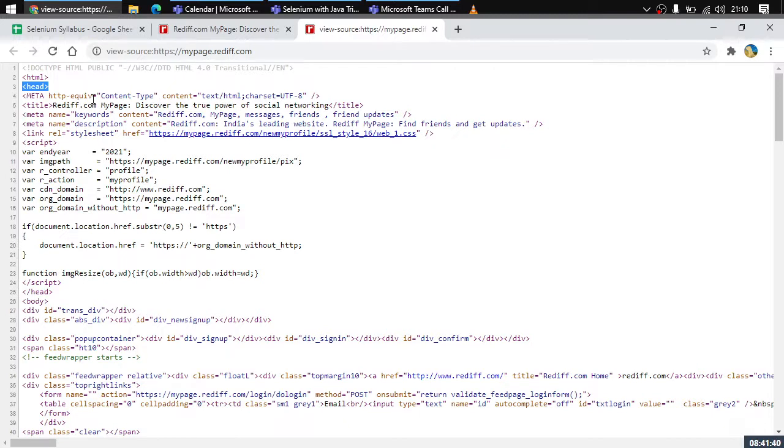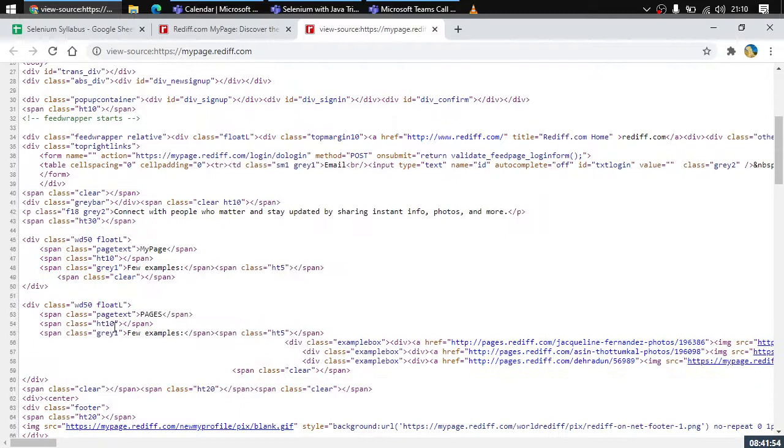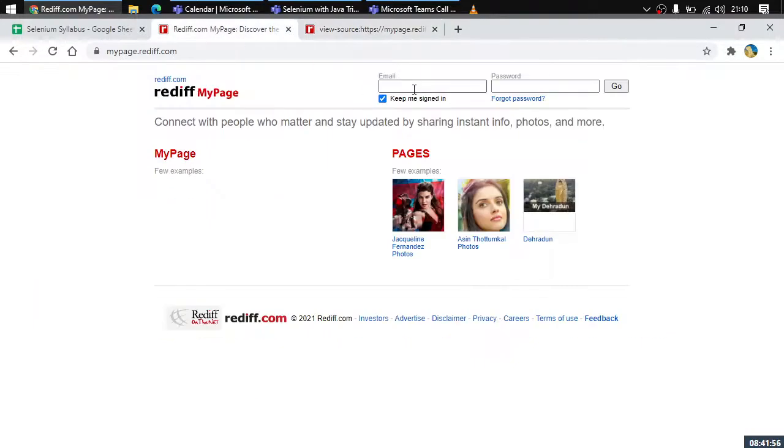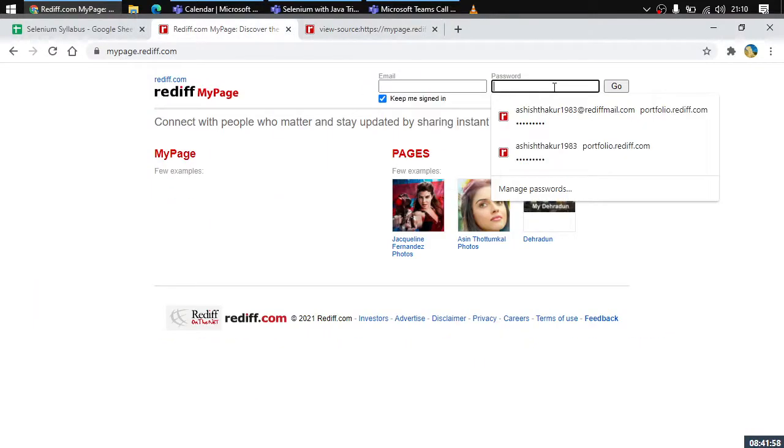Now on this page, we can have different kinds of elements, different kinds of things that we can have access to, right? Say suppose I would need to have access to this particular element or this particular element.